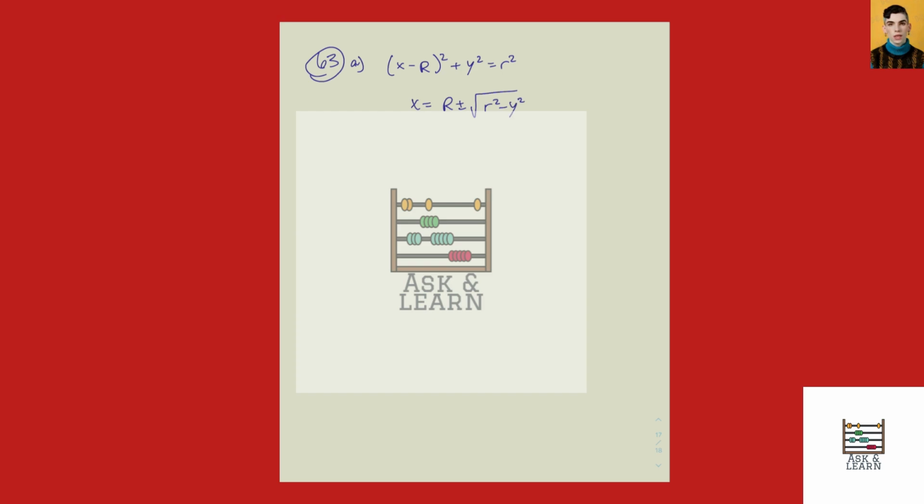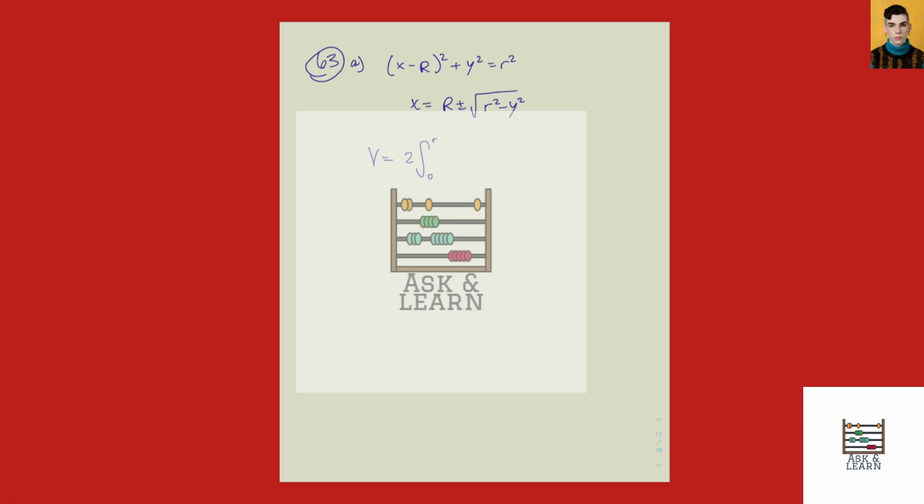We'll have the positive being the right half and the negative being the left half. So we can use symmetry. We know it'll be symmetrical, so we will integrate from 0 to r and just double it. We know that our radius 1 is going to be the positive and our radius 2 is going to be the negative. So we'll subtract inner from outer, and we get that the volume is equal to 2 times the